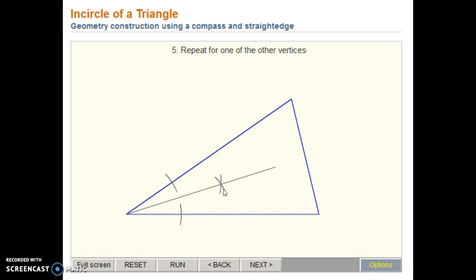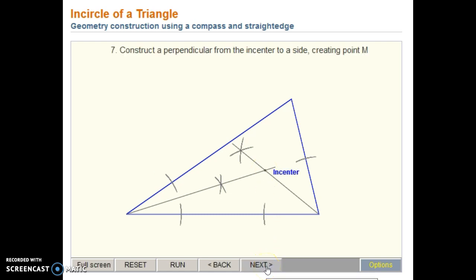You need to repeat that whole process again. So pick another vertex and draw an arc through both sides of the triangle. Then place your compass on those intersections and draw an arc in the middle where they intersect. And then use your straight edge to connect. So now we have two angle bisectors. You could draw the third one, but it's not necessary. Where those two angle bisectors intersect, that's going to be your incenter. And that's the center of the inscribed circle. So you would want to put the point of the compass on that incenter, open it to one of the sides,